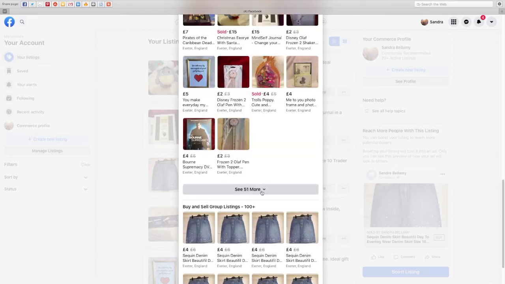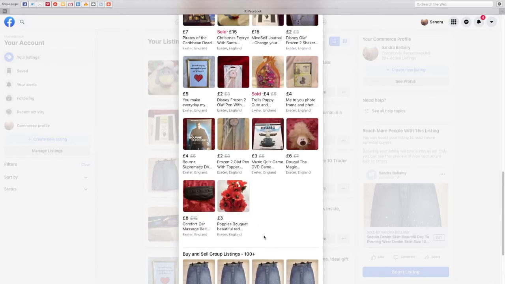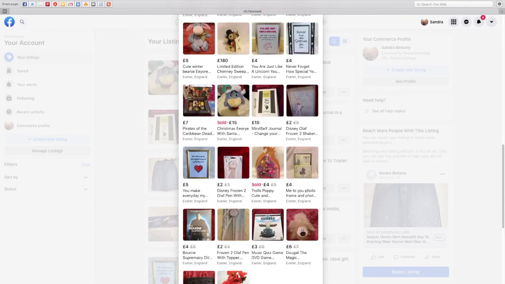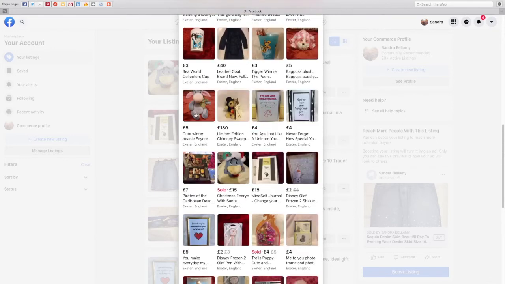And you can just go all the way down here with some of the things I've still got for sale that I haven't sold, and some of the stuff that I have sold. Disney stuff always tends to sell well the majority of the time, but I still haven't sold this one yet. This one really needs to be relisted because it's